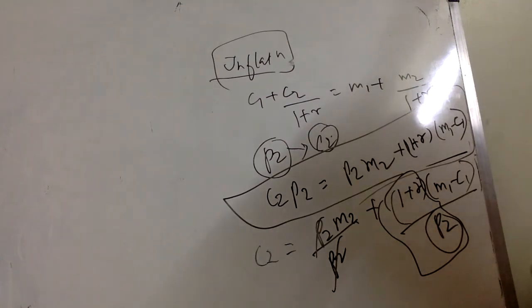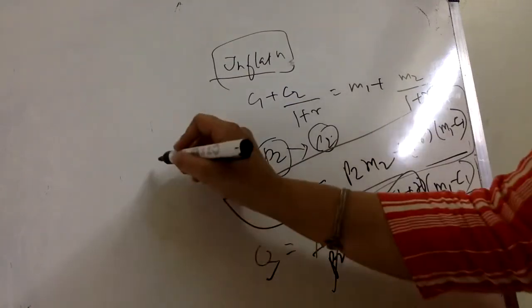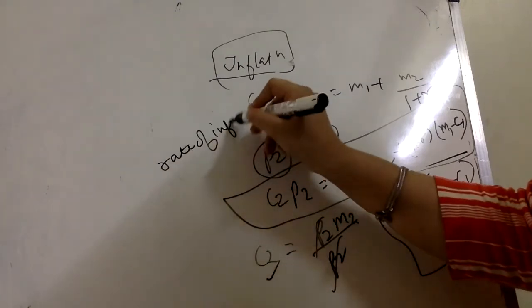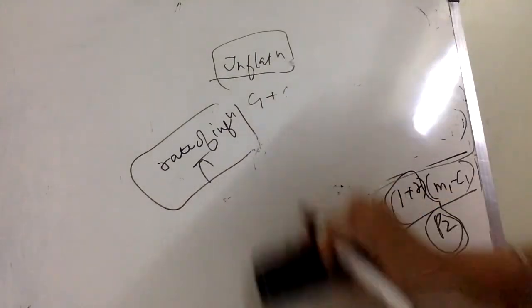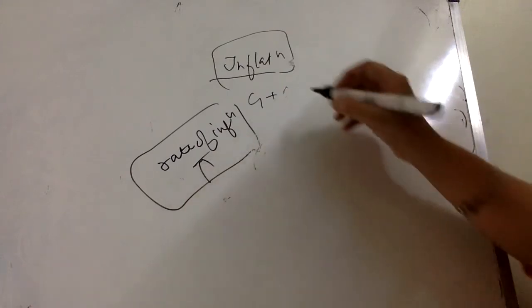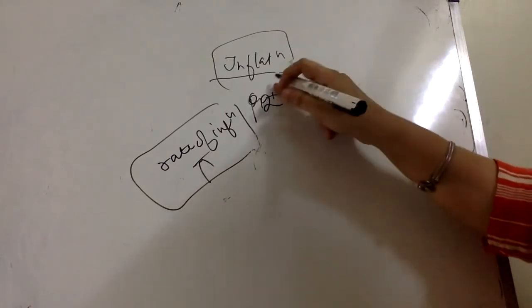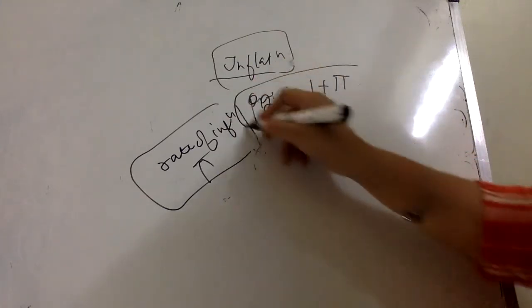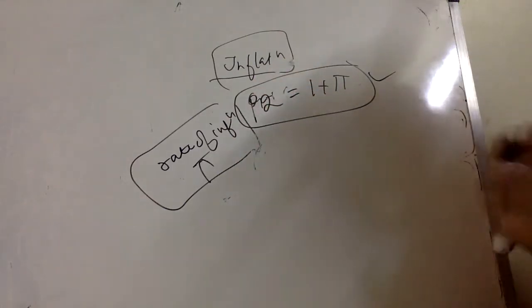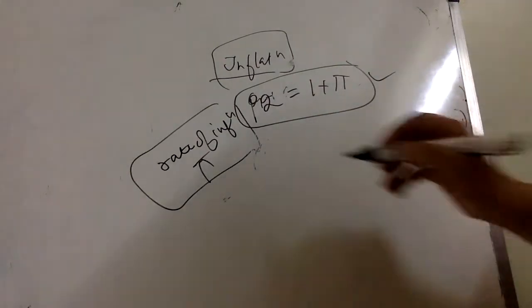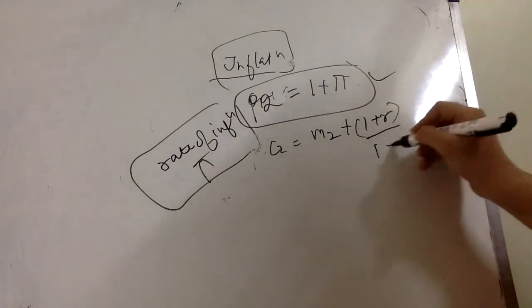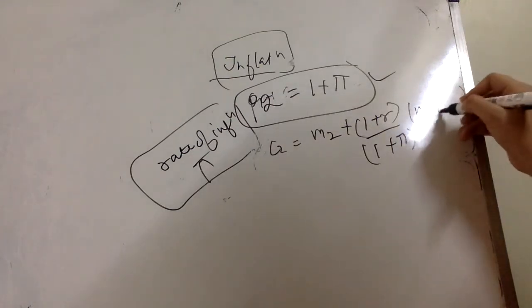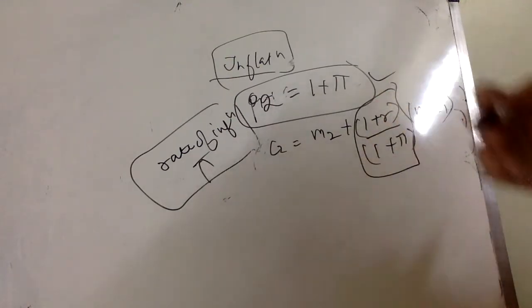Let's express this budget constraint in terms of the rate of inflation. Suppose the rate of inflation is given as pi. If the rate of inflation is given by pi, we can rearrange this equation further. Say if P2, my price in the second period, increases with the level of inflation, so I say that inflation is happening and therefore my price in the second period is given like this. So the equation becomes C2 equals M2 plus 1 plus R upon 1 plus pi times M1 minus C1. This becomes my new rate.